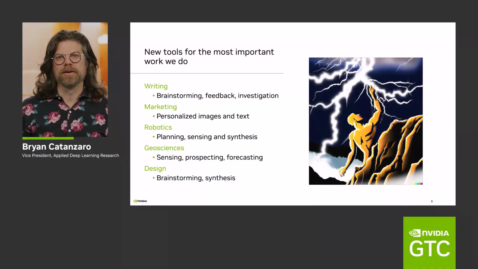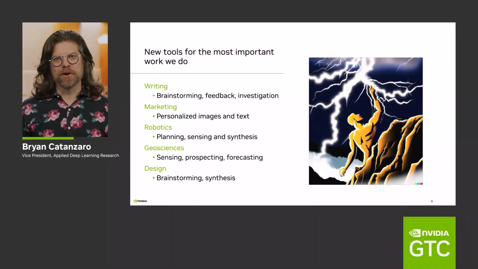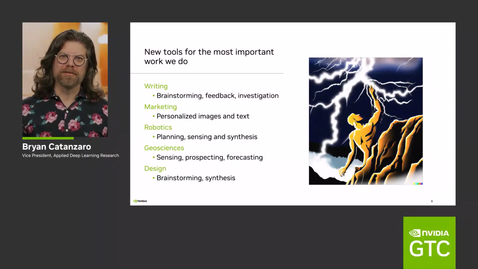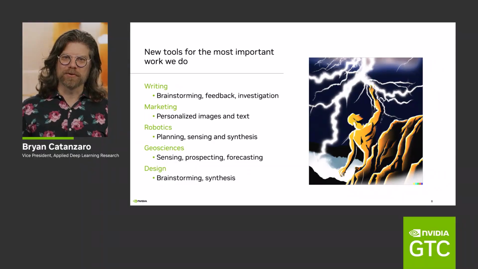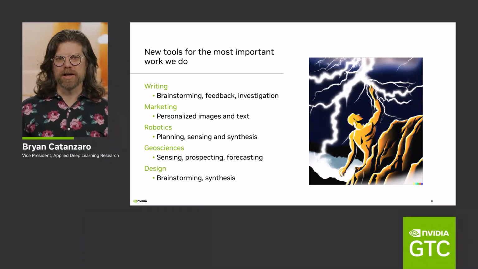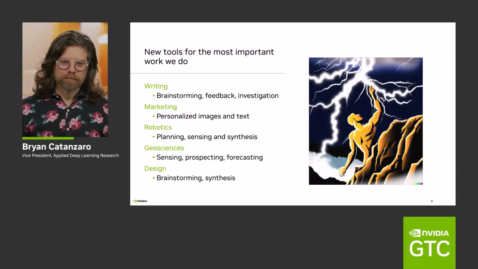That's going to help people more effectively communicate the benefits of the things they're building through personalized images and text. Robotics. Robotics has been a dream of the artificial intelligence industry for a long time, and these models are going to help make robotics more useful, help with planning, help with sensing,